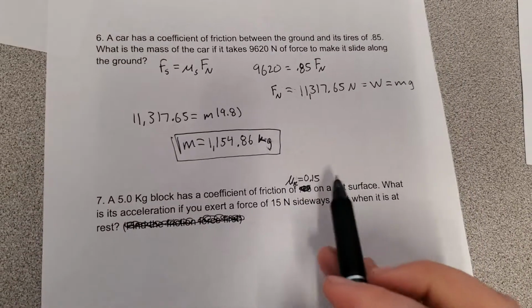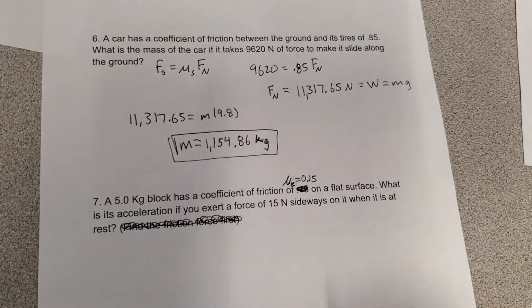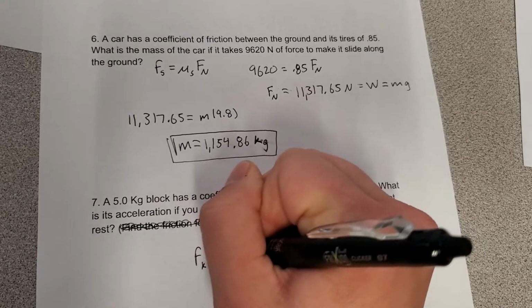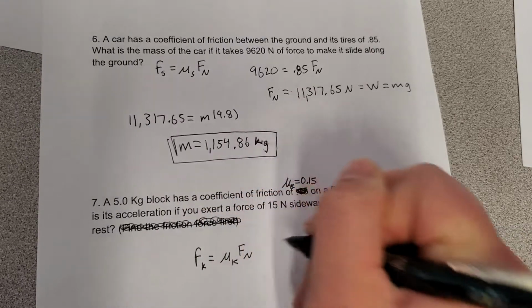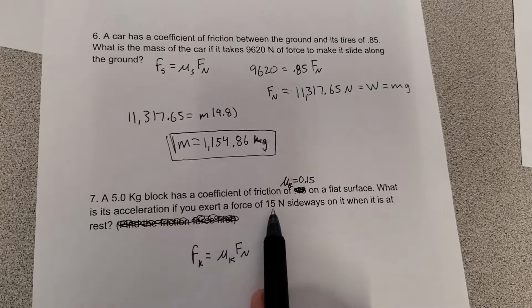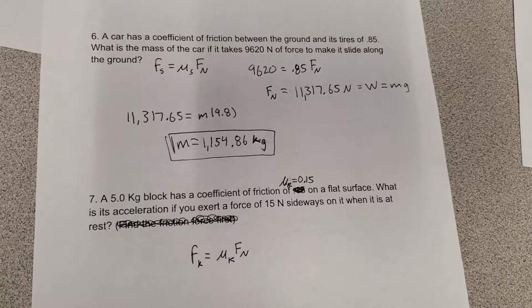All right. So this is a mu k, right? It's kinetic friction because it's being moved. So let's see here. We write this as mu k times Fn. What is its acceleration if you exert a force of 15 newtons sideways on it when it is at rest? All right, so first,